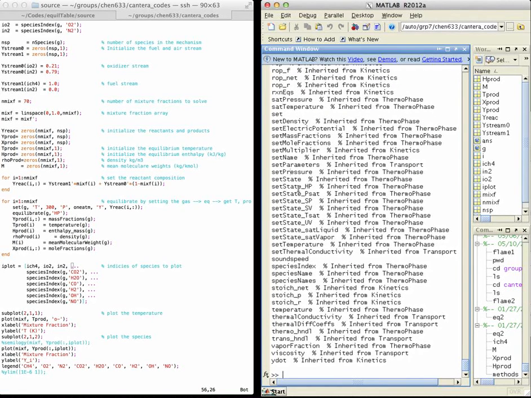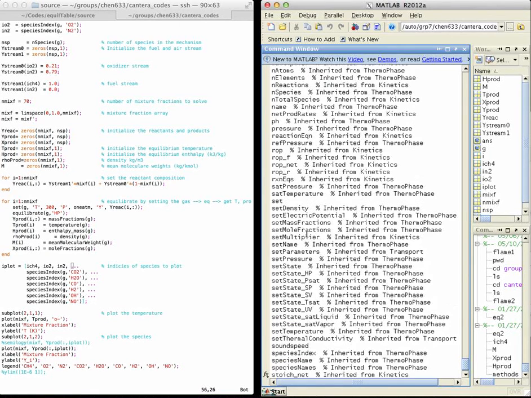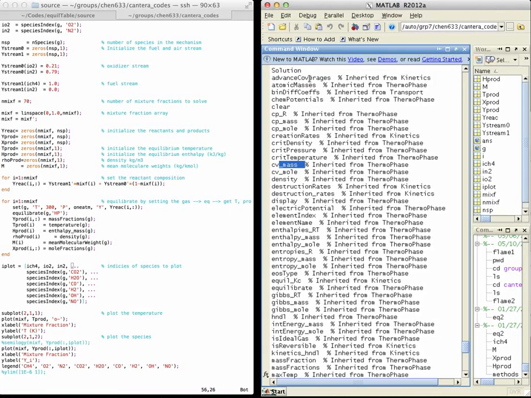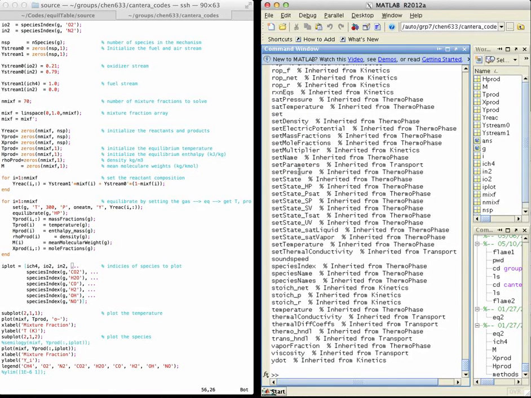So if you want to set the mole fractions, if you want to grab the species indices, if you want a list of species names, if you want the thermal conductivity or the viscosity, if you want the, I don't know, C sub V on a mole basis, on a mass basis, etc., you can use those. You can find out more about them with help. You can type, for instance, help sound speed,